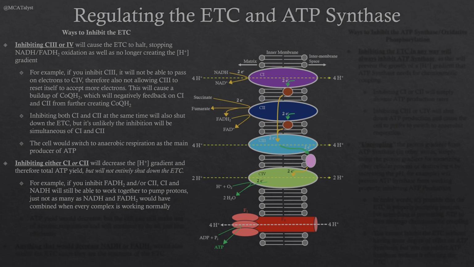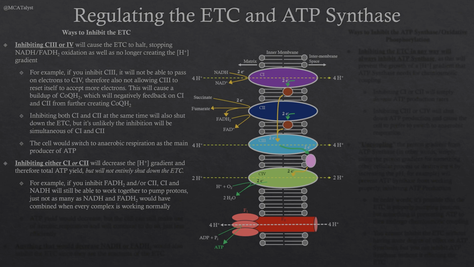It's going to oxidize NADH, pump some protons, give those electrons onto coenzyme Q, forming ubiquinol, and coenzyme Q can then go on to complex 3. So while we might lose a little bit of our proton gradient production since we aren't taking advantage of FADH2, we're still able to pump some protons from NADH, and therefore we're still going to be able to produce some